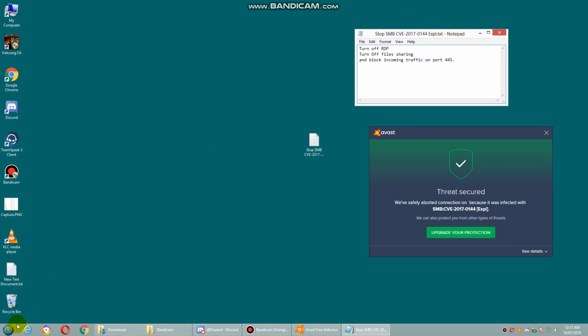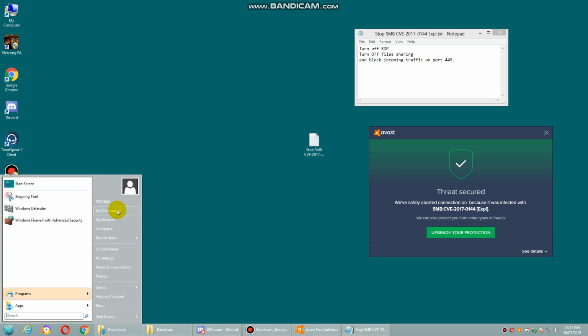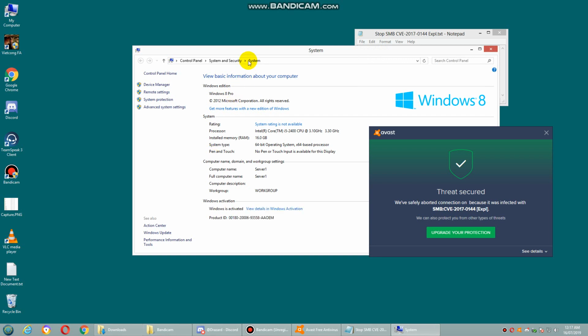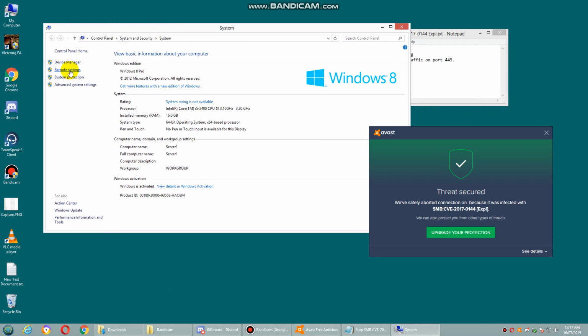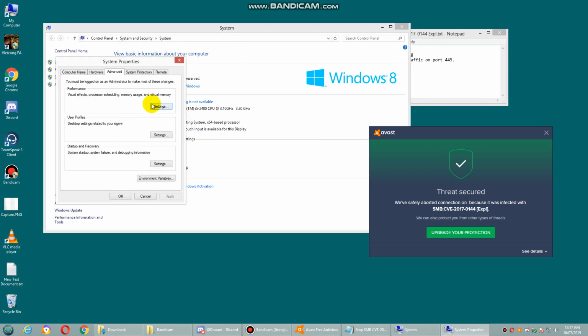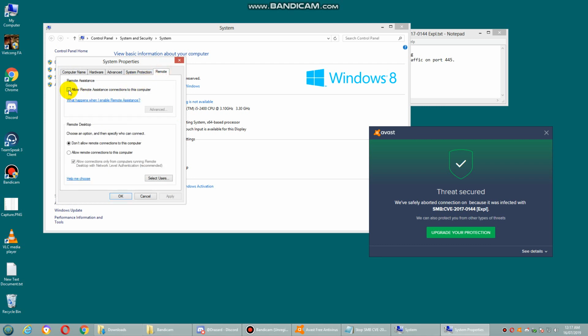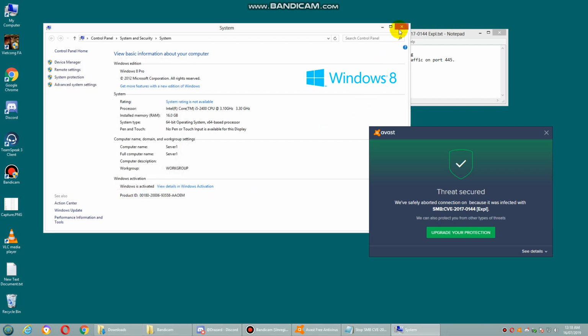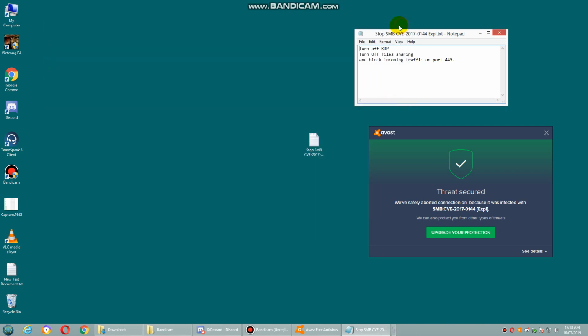So with Remote Desktop Protocol, you want to go into the properties of my computer. You want to go into Advanced System Settings. You want to go to Remote, and I've already turned it off here. And you don't want to allow remote connection there. So normally this would be ticked. Untick that, apply that, and get out of there. So that takes care of the Remote Desktop Protocol and the file sharing, and now you need to block port